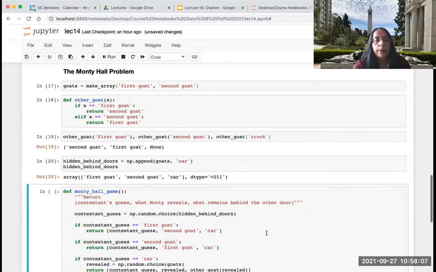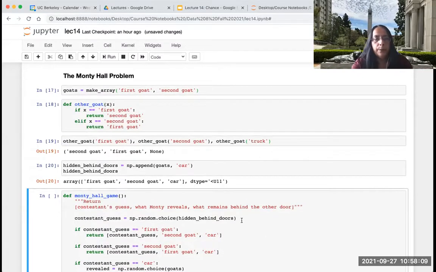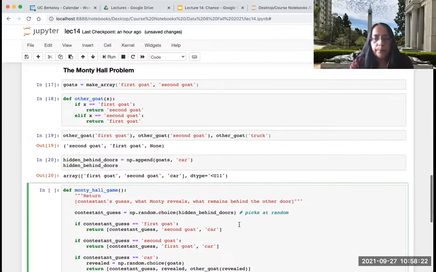All right. So every time you play the game, you have all agreed that the contestant picks at random from one of the 3 doors. You agree? All right. So if the contestant's guess happens to be a goat, they don't know it.